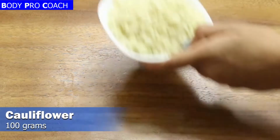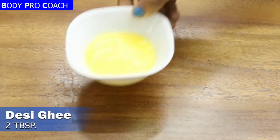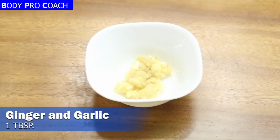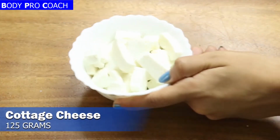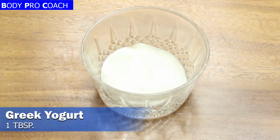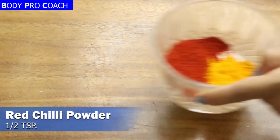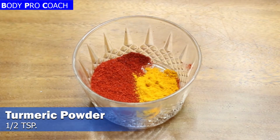Ingredients for the same are 100 grams grated or finely chopped cauliflower, 2 tablespoons Desi ghee, 1 tablespoon ginger garlic minced, 1 cup coriander and fresh mint leaves, 125 grams cottage cheese, 1 tablespoon Greek yogurt or hung yogurt, half a teaspoon of Kashmiri lal mirch and turmeric powder,